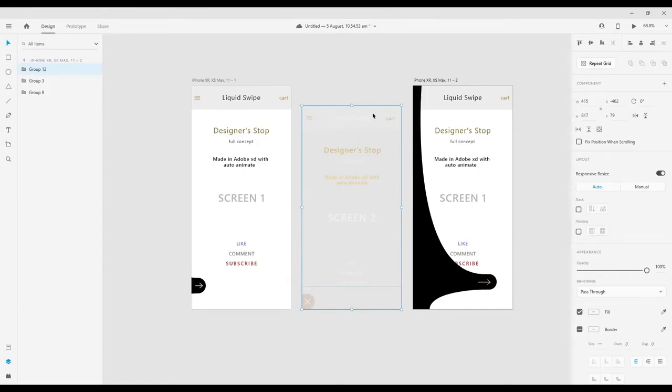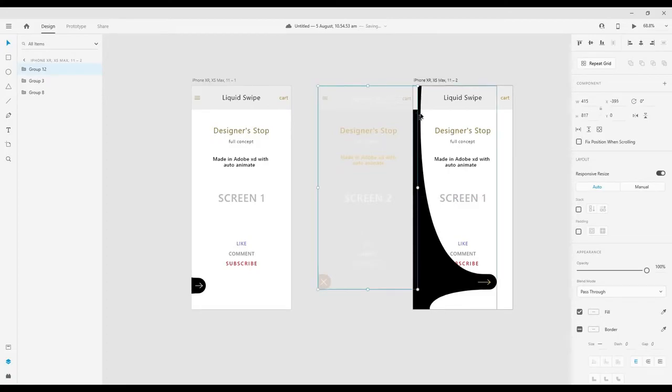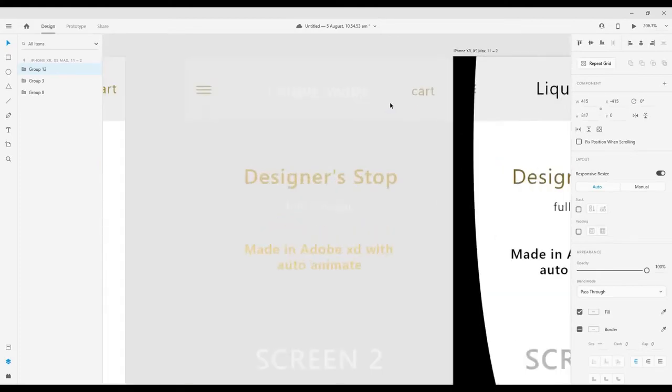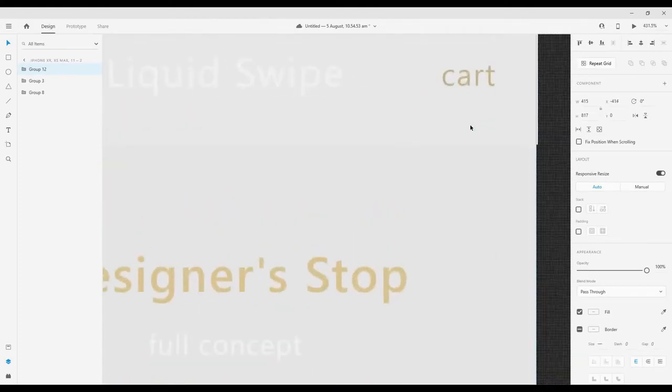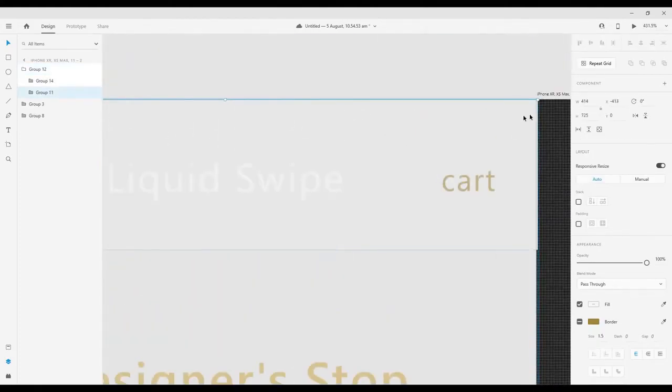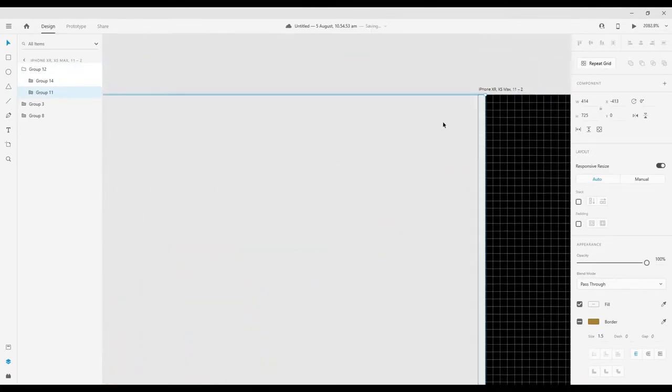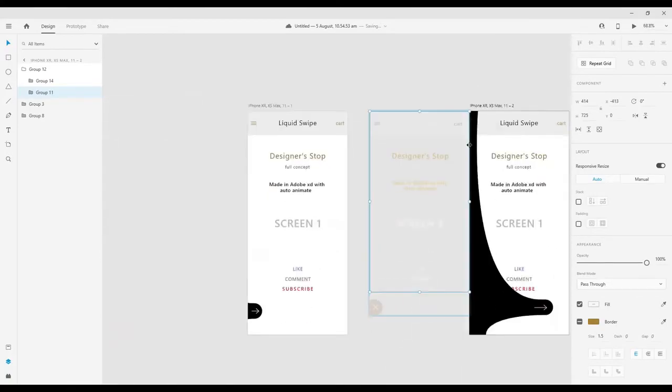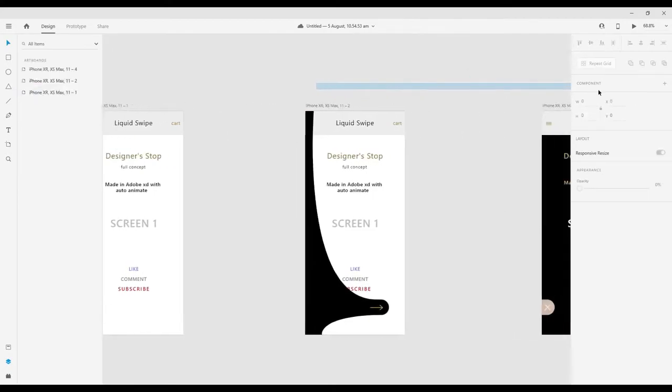So two things you have to keep in mind: one, that it should be above this shape and this screen, and the other thing is something of this screen should be inside the artboard. For example, I have placed this rectangle inside the screen. You can see this rectangle inside the screen, just 1 pixel. And once you are done, you are good to go for the third screen.